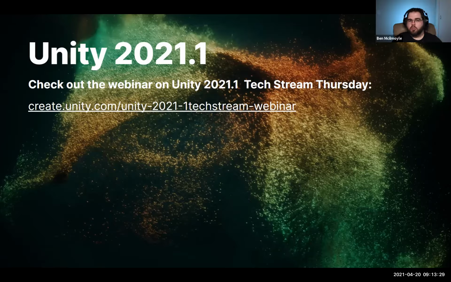Anything new, not just WebRTC, but anything in general, those kinds of updates and new features get pushed to the tech stream, so 2021.1. I don't know in particular if that will be coming to the tech stream, but generally speaking, if you are looking for bleeding edge, something cool that Unity may support, you're going to find it in the tech stream. So if it is something that was just released, it won't be added to the LTS again.